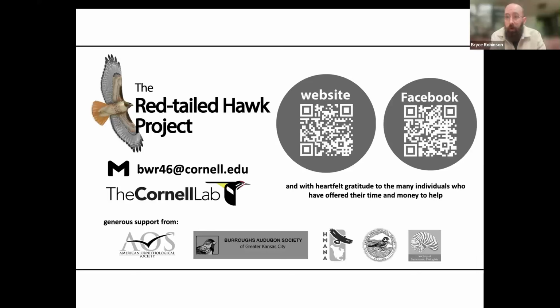Those are smaller populations in places like the tropics, and in places that are harder to get to. So the more eBird data we get, the better those status and trends maps will be, and the better we're going to be able to pinpoint those areas of concern for the species. And then we can focus our research on those areas and understand what aspects might be driving those declines, and what is important for red tail, whether it's certain food or certain habitat types, to make it better, to bring